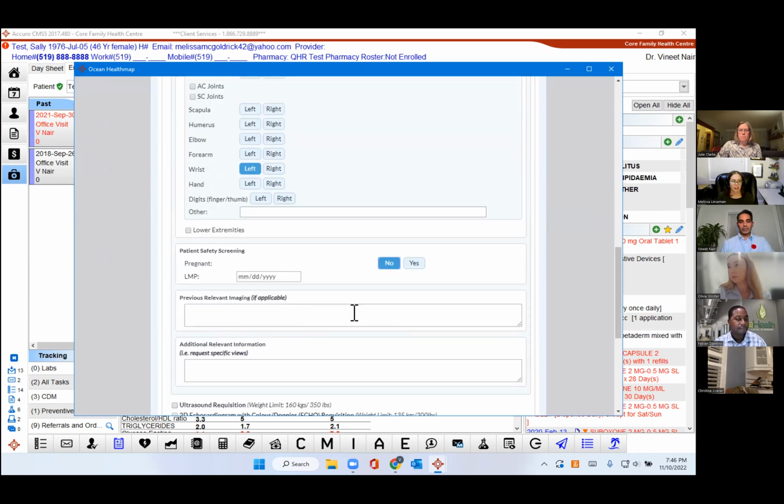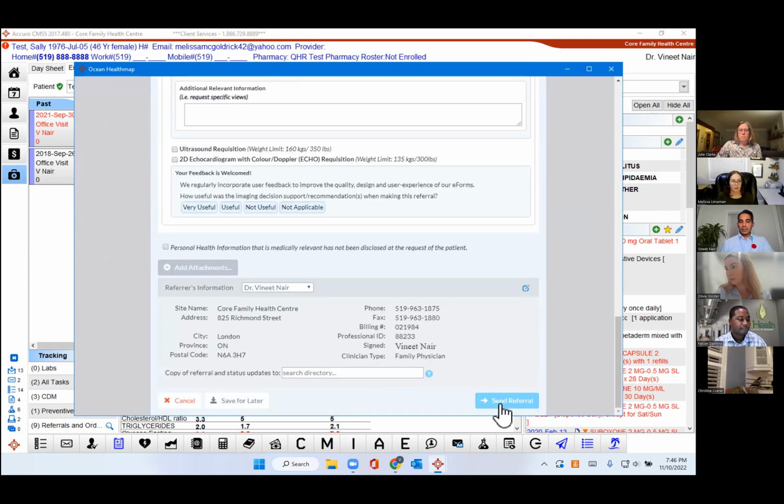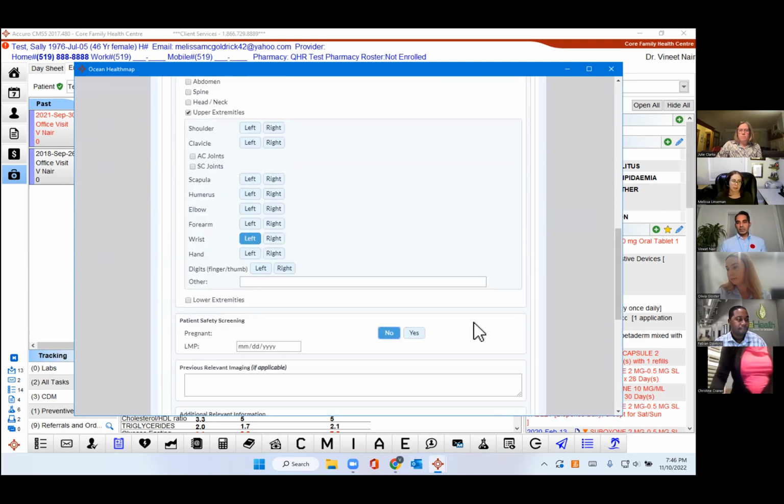Patient's not pregnant. And then there's some other blanks to add more information. And then you just send the eReferral and then it goes. So the value to this is that, if it's an X-ray, which is just a walk-in basis,